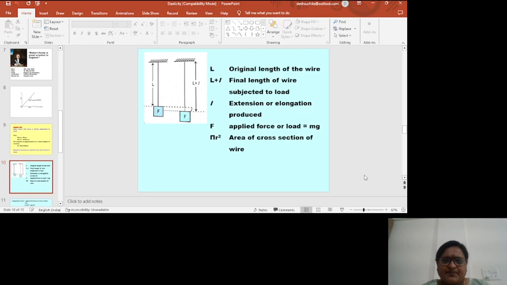Hooke's law. And then we know there are three types of modulus of elasticity. One, Young's modulus, modulus of rigidity, and